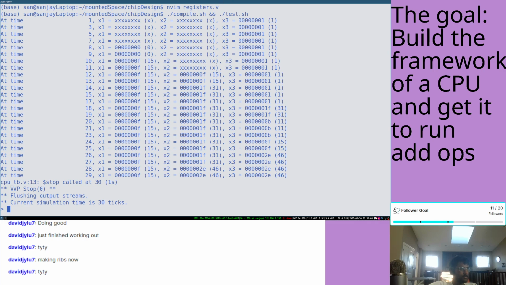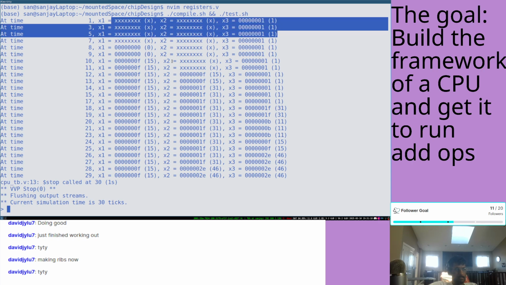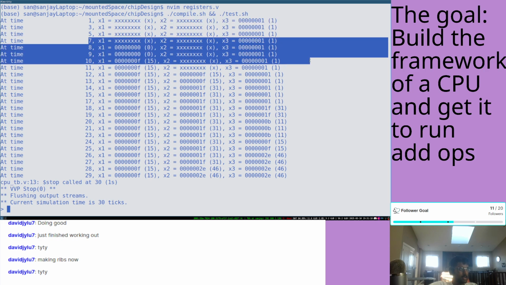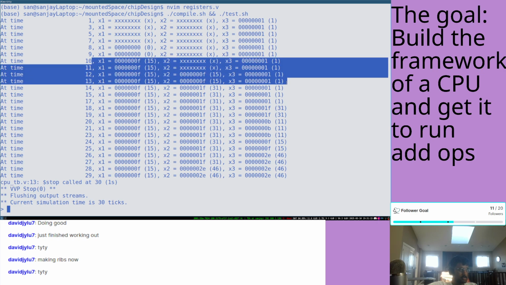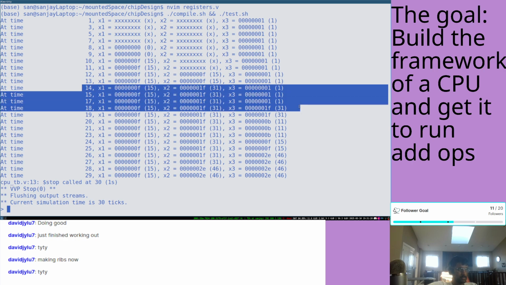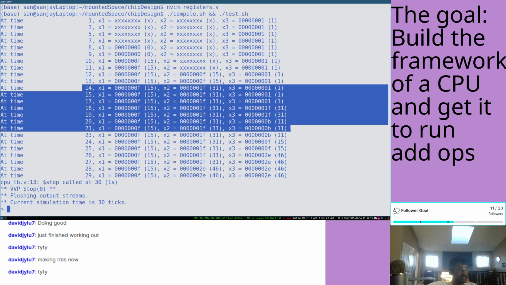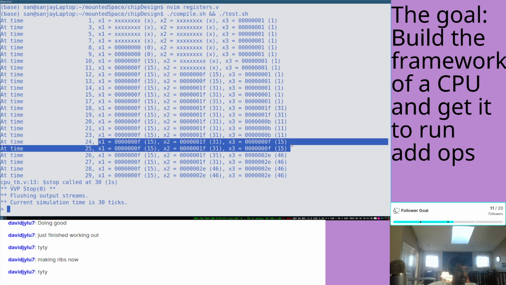So x1 gets written to 15, right? So 1 to 5 is blank time. Then 6 to 10 is we're trying to write to here. Then we're also writing 15 to x2. Sorry, no, we're writing 31 to x2. And then we're writing 11 to x3, so it takes a little bit to update. Right, so that's correct. Then we are just moving x1 into x3. We're adding it to 0. Right, then